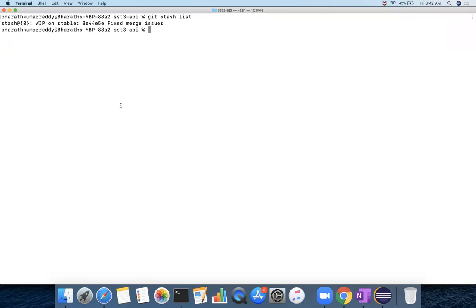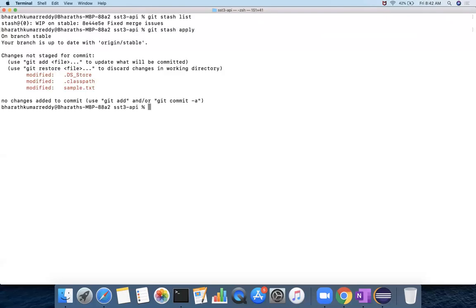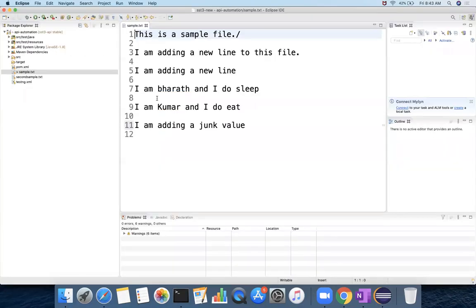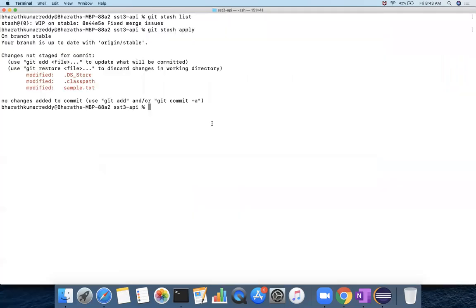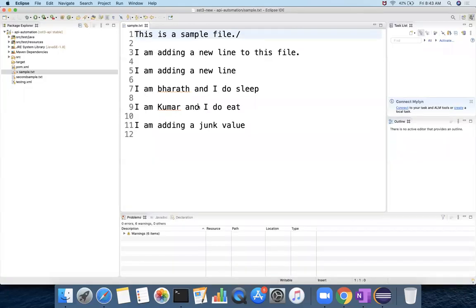Now if you want to get those changes back, git stash apply. See, the changes you removed have come back. This is used very rarely, only if you are a very advanced user and you know what you are doing. Generally we make a copy somewhere and then copy back, but this is an efficient way to remove some changes and then get them back again.